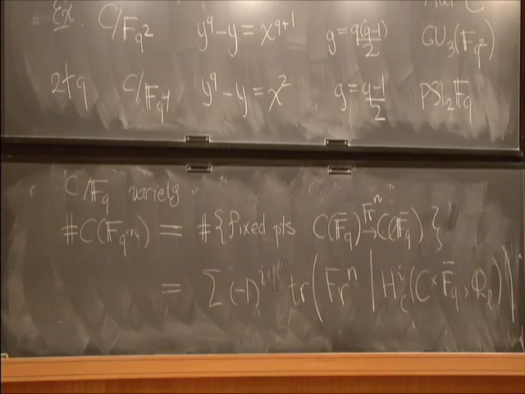And by maximal, I'll say C is maximal if all of the eigenvalues of Frobenius are as big as they possibly can be. All the eigenvalues will have to be equal to q to the i over 2. Okay. So you have to make sense of this fact. I mean, q might not be a square, in which case